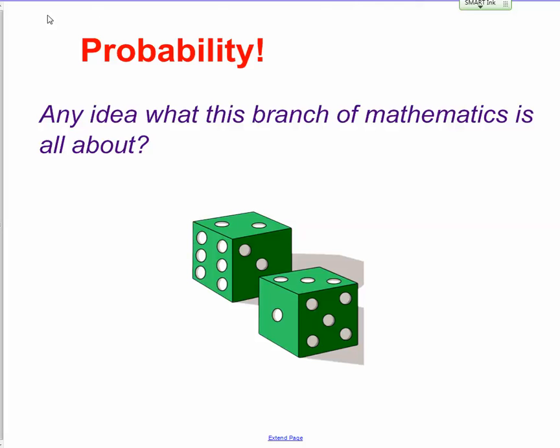All right, probability. What is this? It's literally just figuring out how likely it is for something to occur. So we talked about why this branch of mathematics is so important. In terms of solving issues and problems, for example, those in the environment, if we can figure out how likely